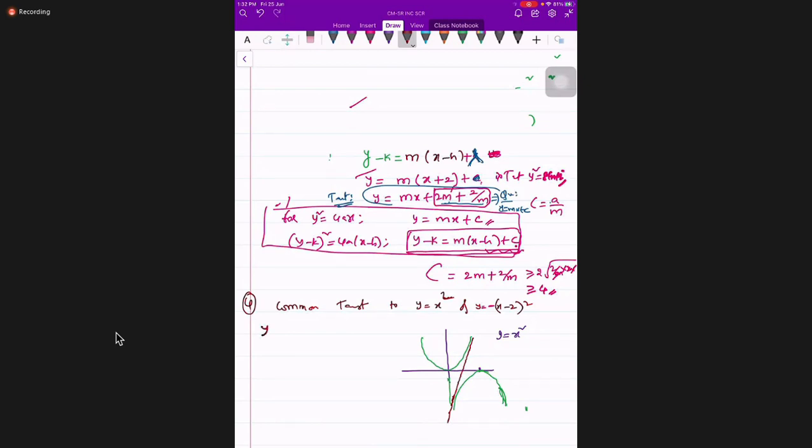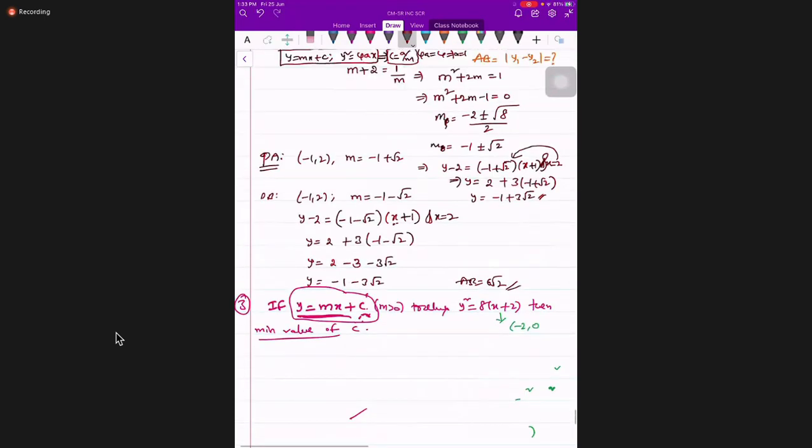Conditions you need to use. So for the common tangent, I'll start with y equal to mx plus c. Okay? This is the common tangent. If this is tangent to x square equal to y, or y equal to x square, what is the condition I gave? Do you remember? For y equal to mx plus c, and x square equal to 4ay, what is the condition? C is equal to minus am square. Check once, students. Is it true?